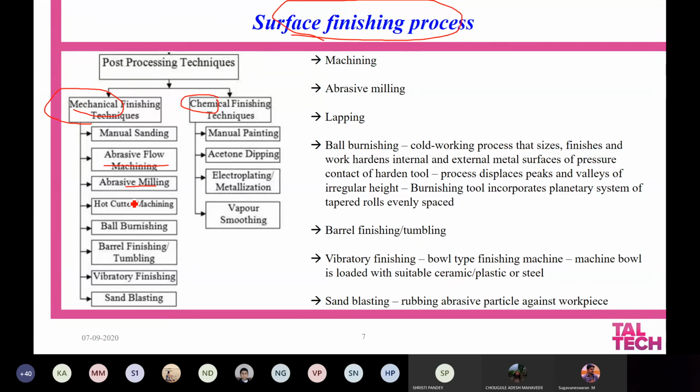Since it gives aesthetics, this is one of the finishing processes, and you can use manual painting or machine painting for this. There is also a cleaning process that may be utilized to remove adjacent powder particles sticking on the surface, using acetone dipping or ethanol dipping.